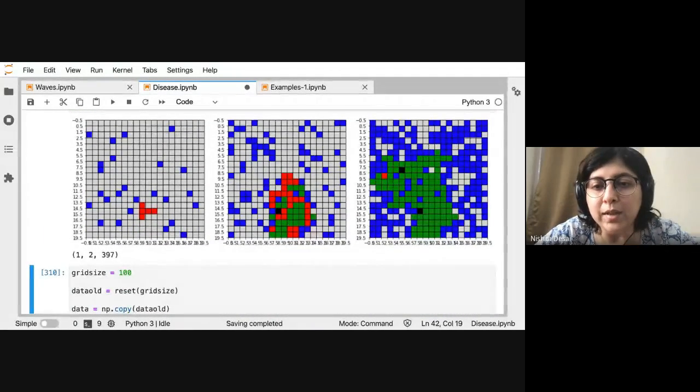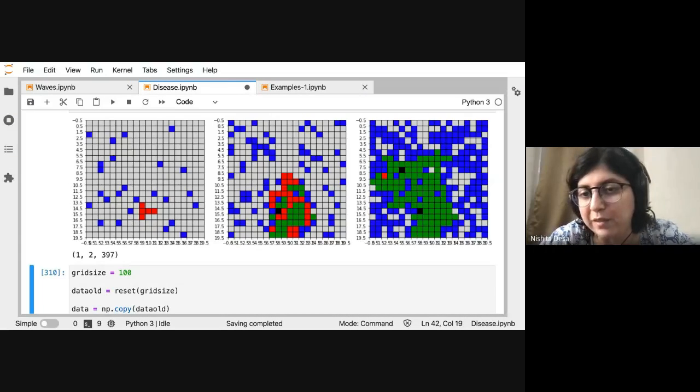Okay, so you can see that if your R naught is 0, what happens is, so follow the green ones. The green ones are people who've been infected and then recovered, right? So if your R naught is very small, then very few people get infected. So a lot of people just escape being infected altogether. So even though this guy is red, in the next few iterations, everybody around him is all immune, either because they're vaccinated or because they have recovered. So this guy still cannot infect anybody else. So will probably recover, and that will be your final answer.